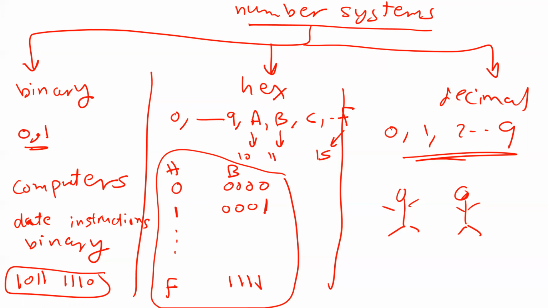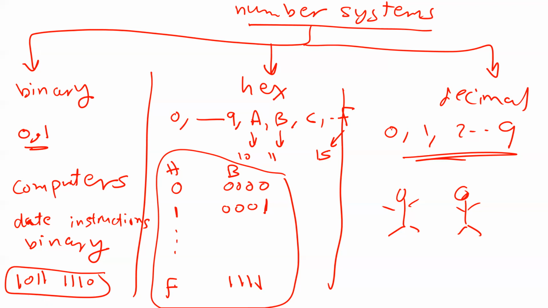Simply because it's very easy to convert hexadecimal to binary or binary to hexadecimal. Very straightforward, very easy, as you will see. So if I have a binary number and I want to give you a binary number, instead of giving you a binary number, I'm going to give you a hexadecimal number. Why? Because they're almost the same.